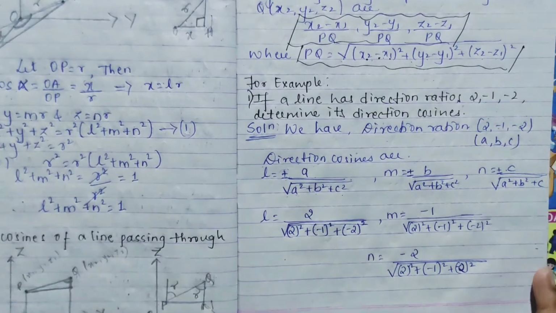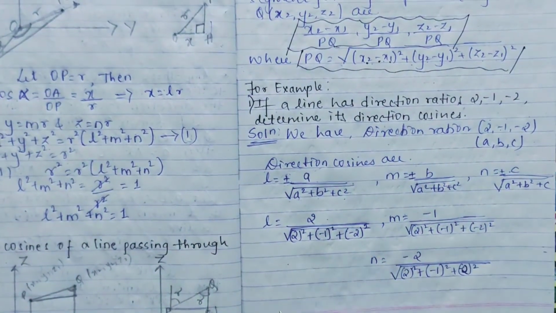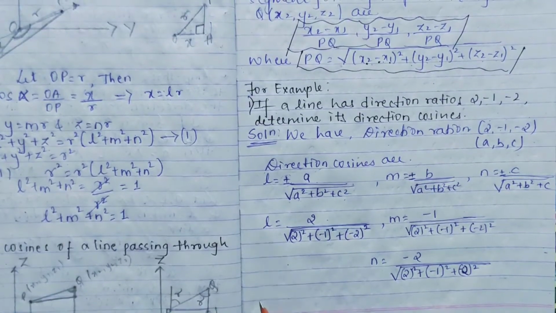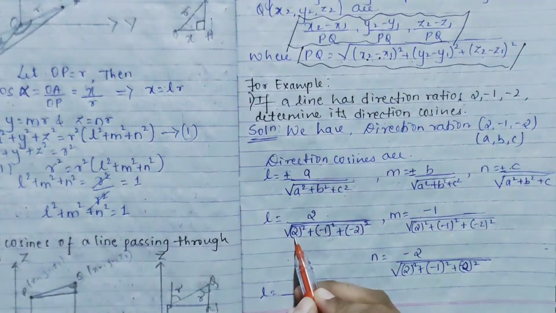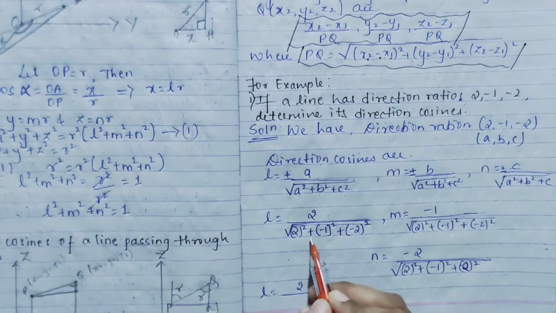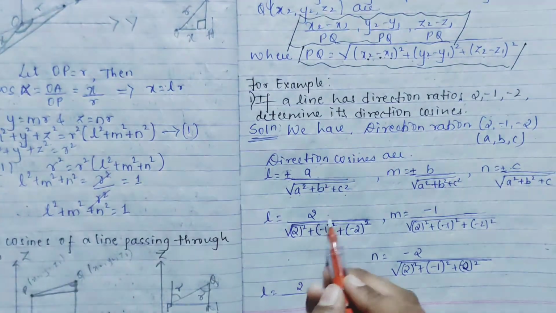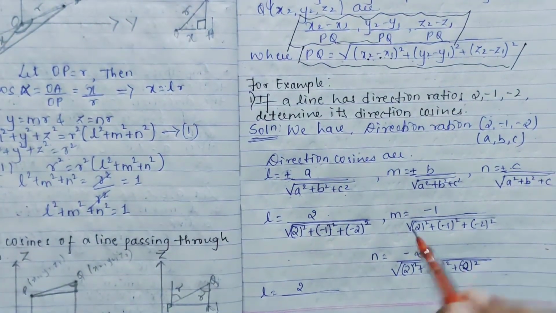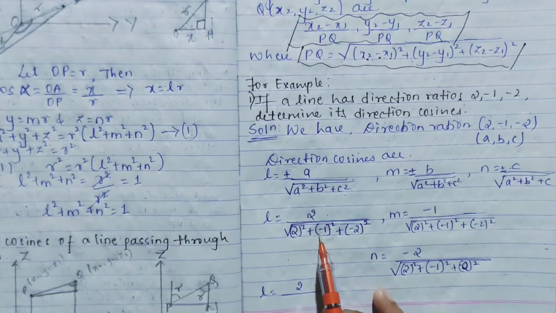So after this, what do we do? Just calculate it, simple, right? Just calculate. L is equal to 2. See denominator you have 4, 2 square you'll get 4 plus minus 1 square, it becomes again minus sign squaring, obvious it will become again positive. So 2 square is 4 plus 1, it will be 5.